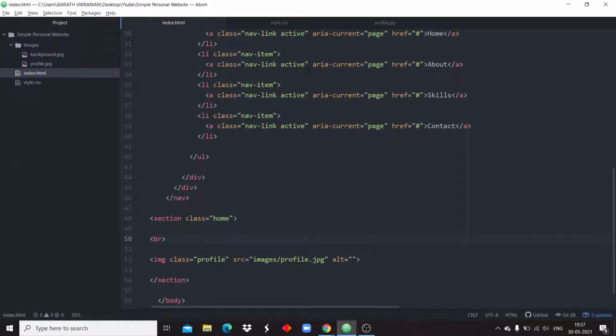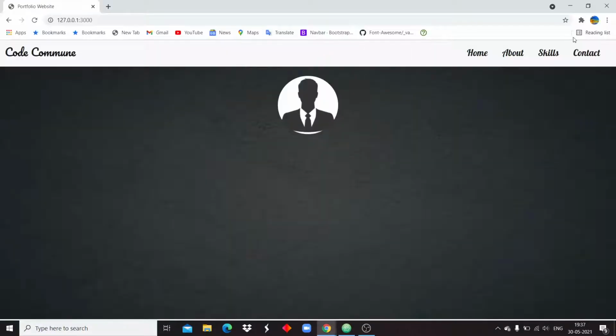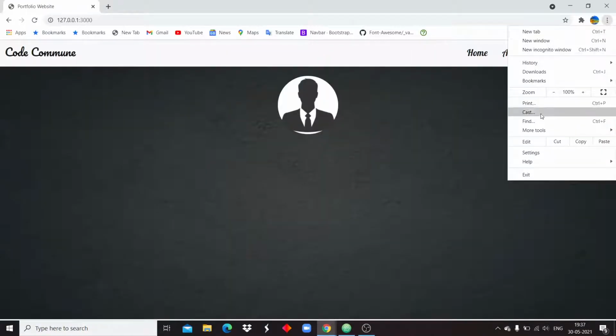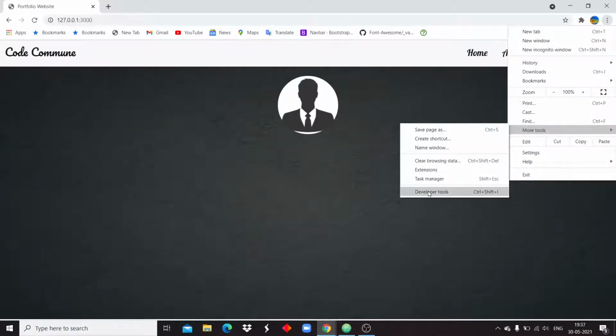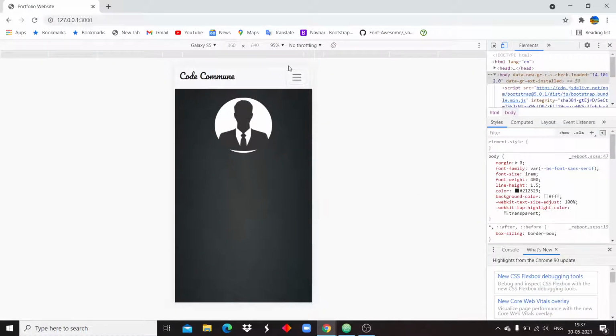Otherwise we need to specify the margin height. But if you are creating a simple website, a margin height will not work the same on the phone. But if you are giving break statements, it will work the same in the mobile and also in the desktop view.